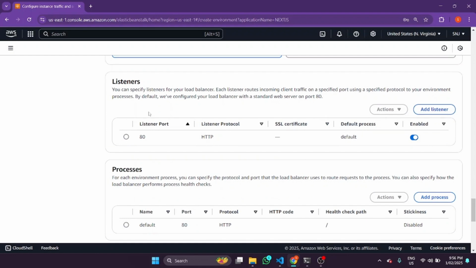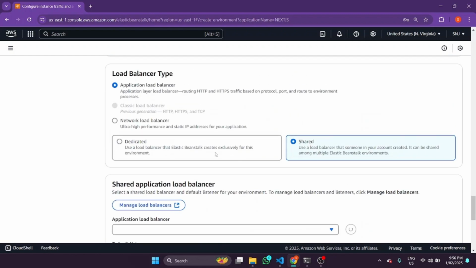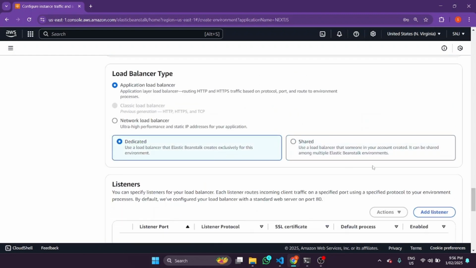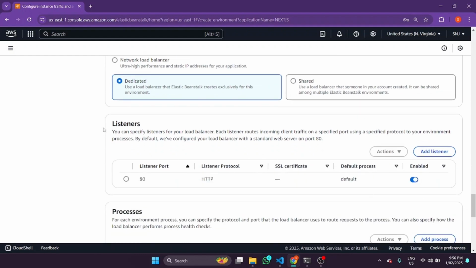It'll go with the default listeners, port 80. It's a bit buggy, I think. Probably, yeah. And you could also add HTTPS,